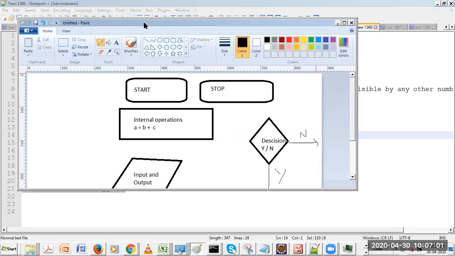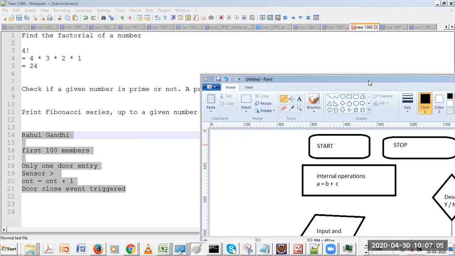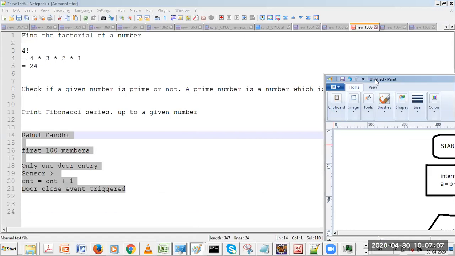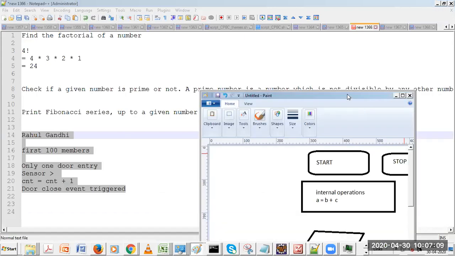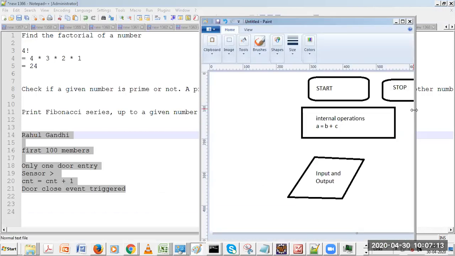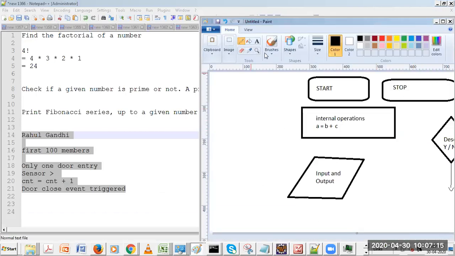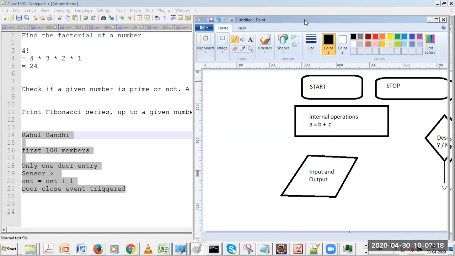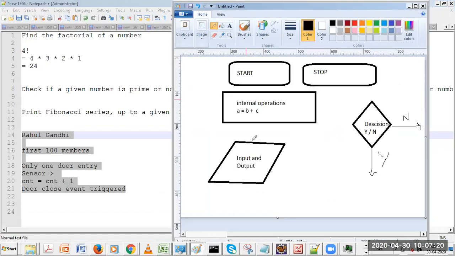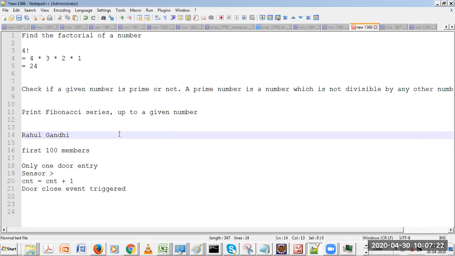Then we'll get on to the very important logic part, and slowly we'll try to implement the logic. So this is the Rahul Gandhi program, and these are the symbols you have. Okay, so it will help you.